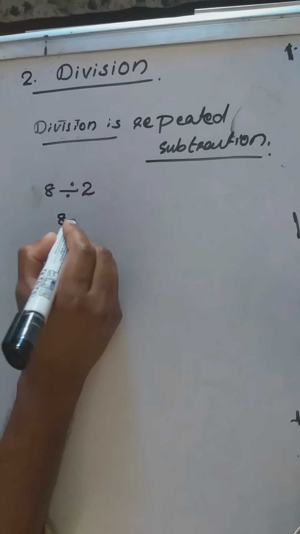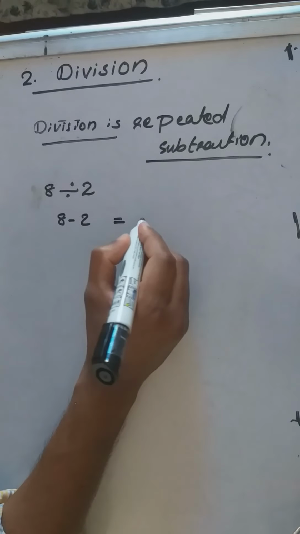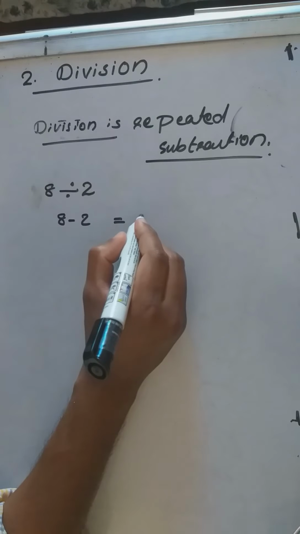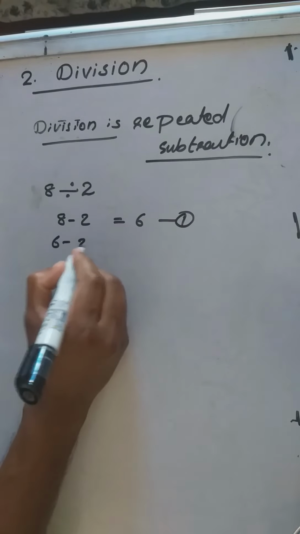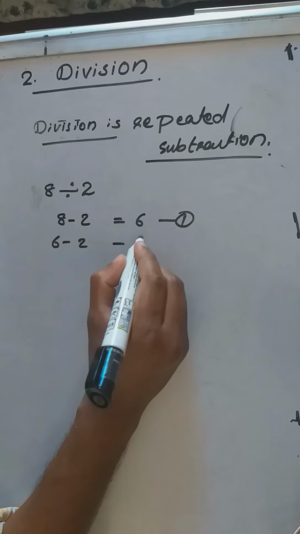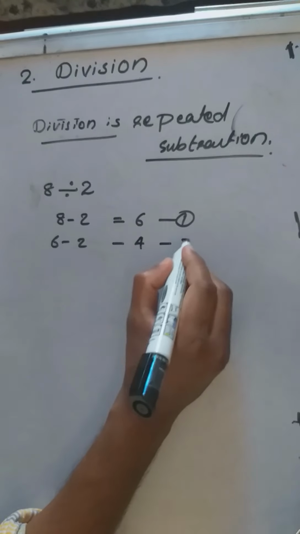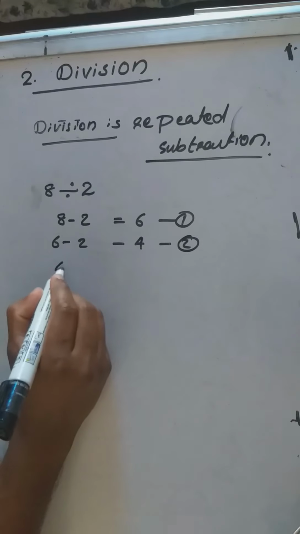So first time 8 minus 2 is equal to 6. Again we are subtracting 6 minus 2, we got 4. 2 times subtracted, then 4 minus 2